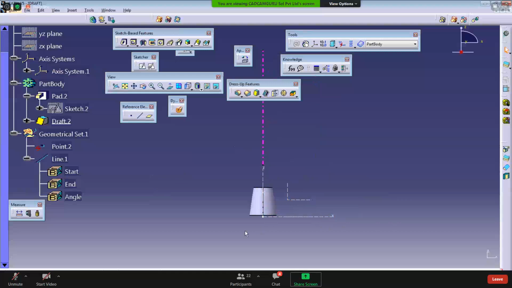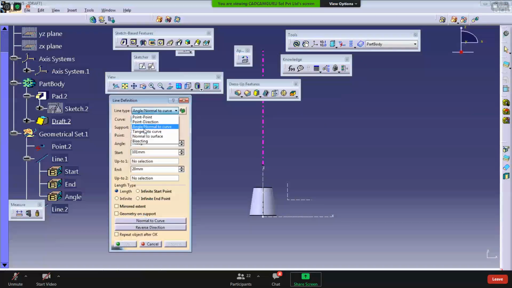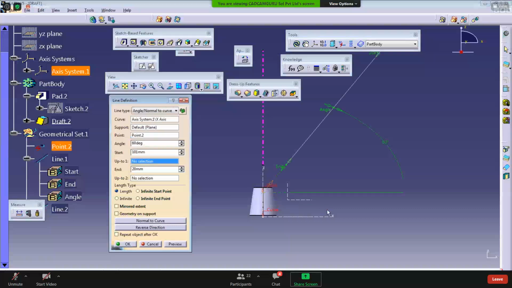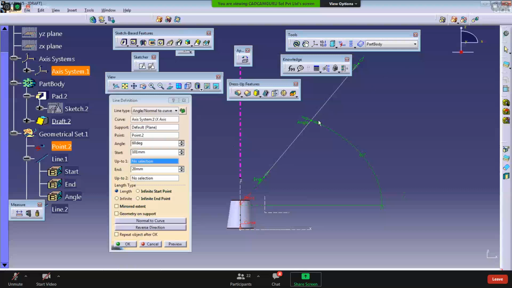Now here I want to create an inclined line. Then what is the procedure? Click the line, take angle. The curve I'm taking is this X because this is the zero reference. The point I'm taking is this point. So from that point, one inclined line is passed. If you put this value to 0, it is exactly passing from that point at an angle of 35 degrees, 45 degrees, whatever it is.